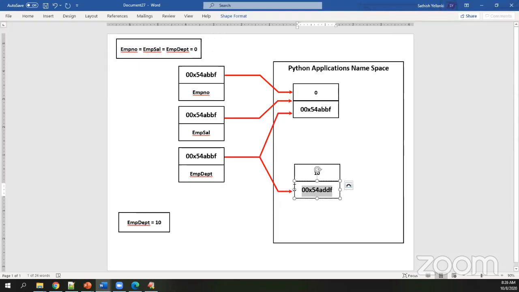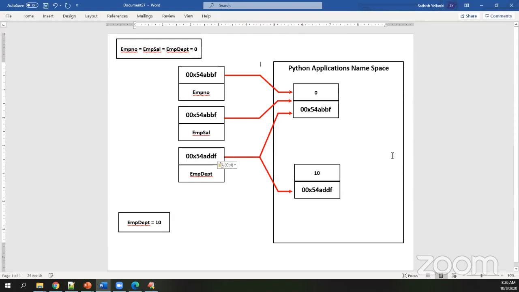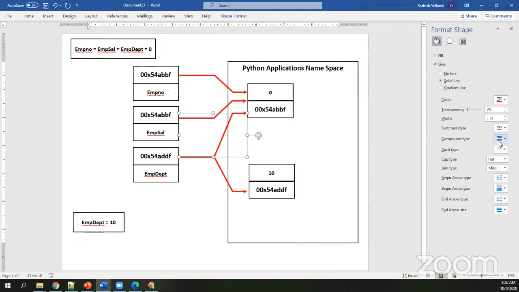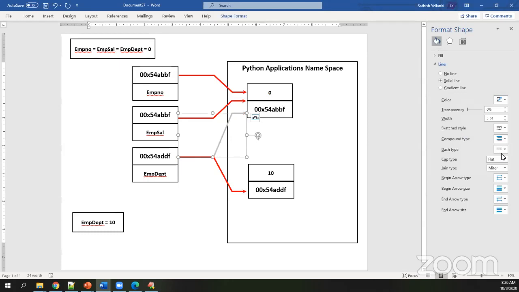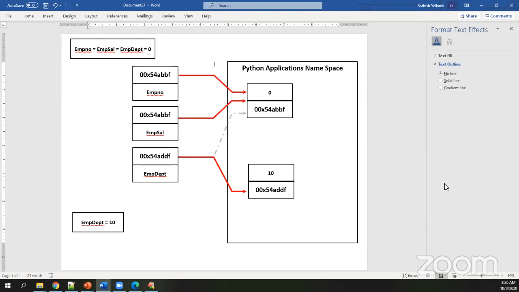Only that single variable will be referencing the new address, automatically losing its reference from the old location. Am I clear?